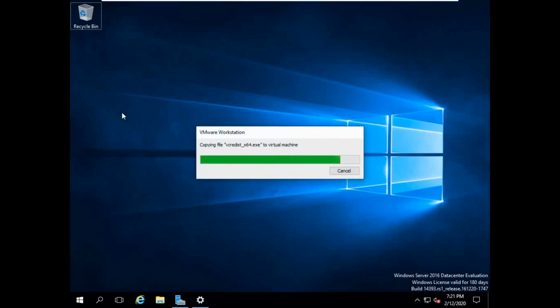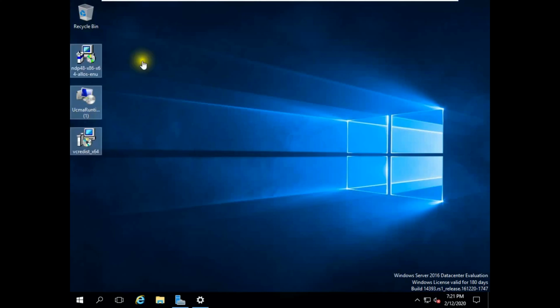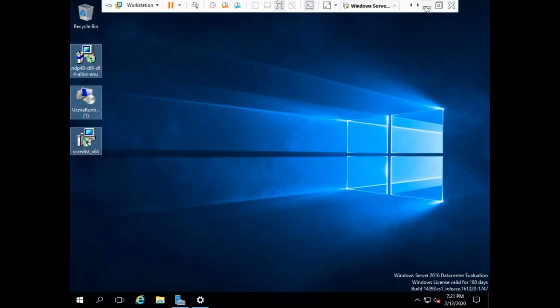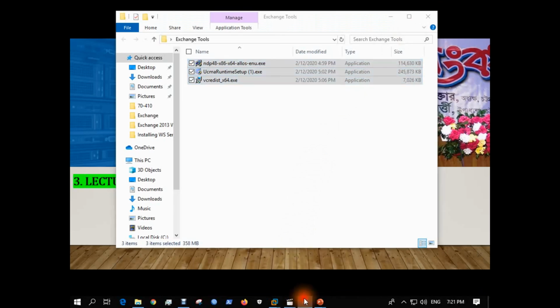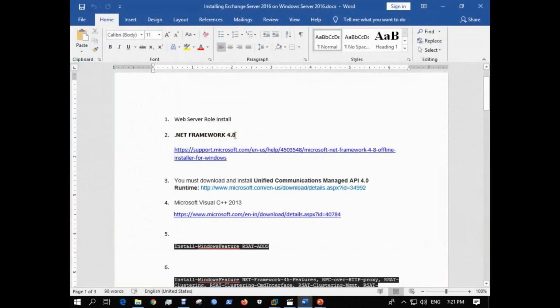We have downloaded 3 tools: .NET Framework 4.8, Unified Communications Managed API 4.0, and Microsoft Visual C++ 2013.